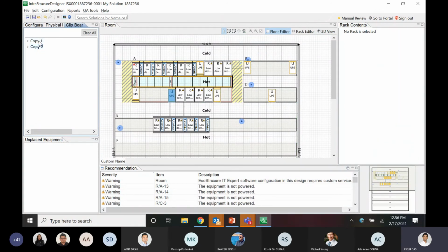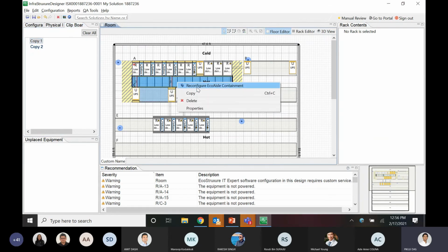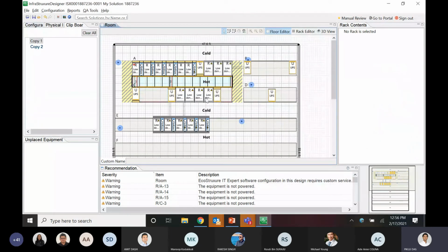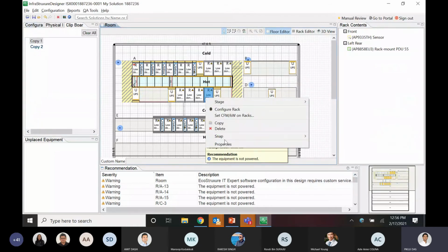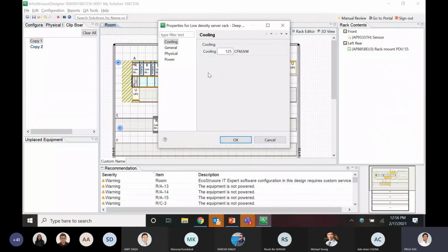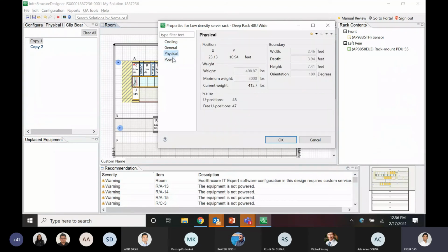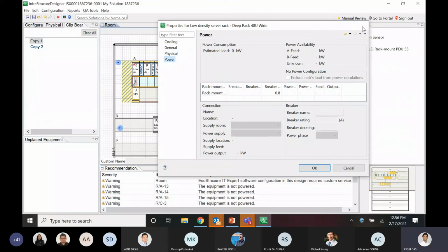On the context menu, you can see all the options, like properties. It will tell you what kind of HSCS containment system you have, or if you want to go to a particular rack system and see its properties, you can go to cooling, general, what the particular rack system is, what the part number is, and what load is going inside it. Everything would be there.